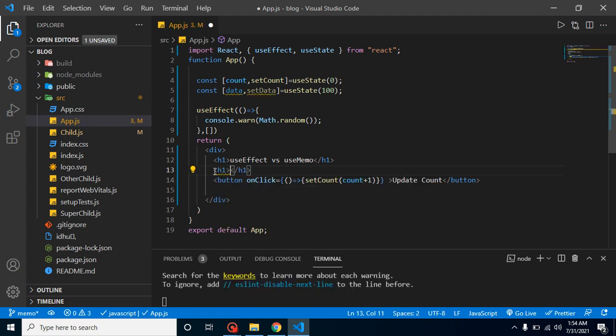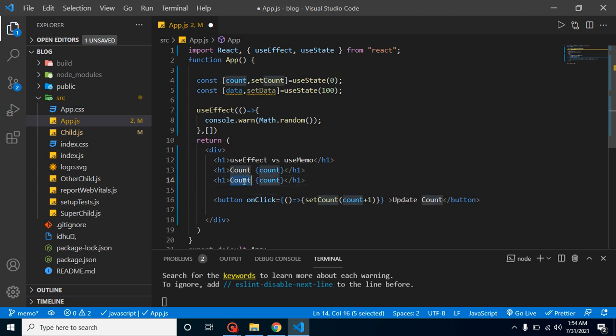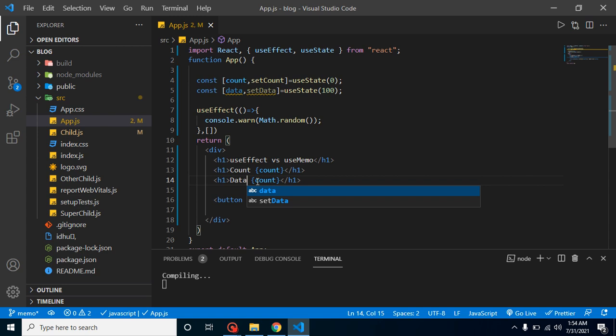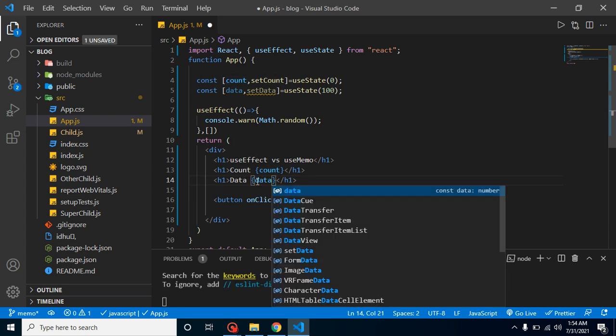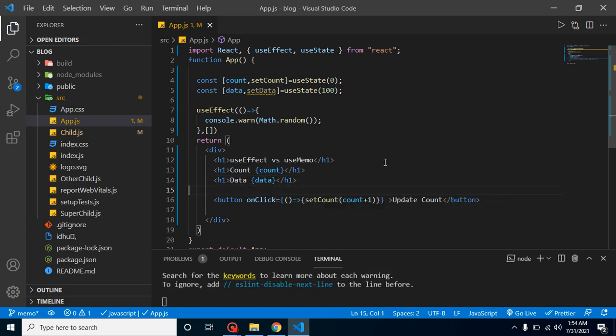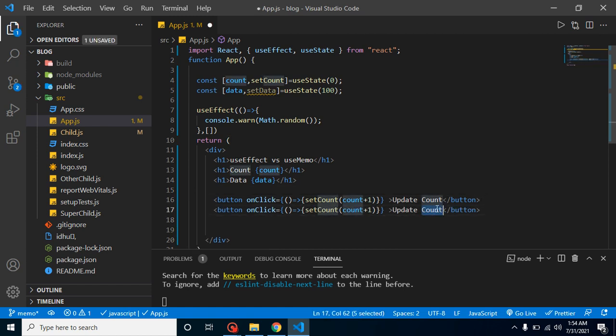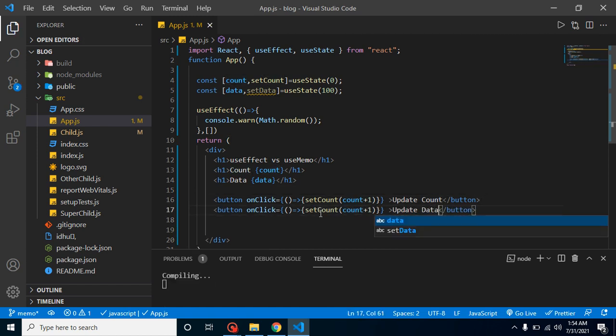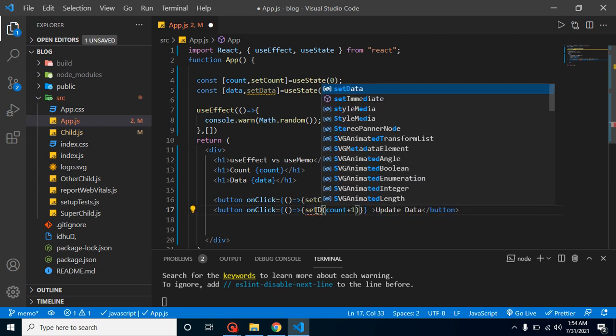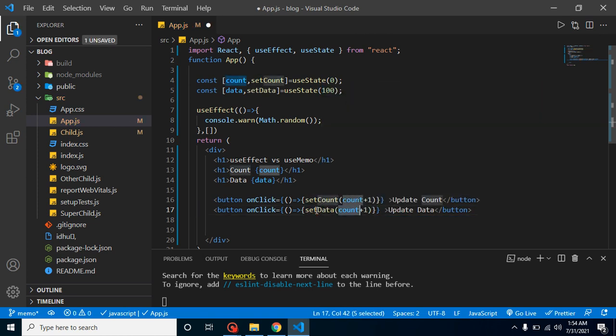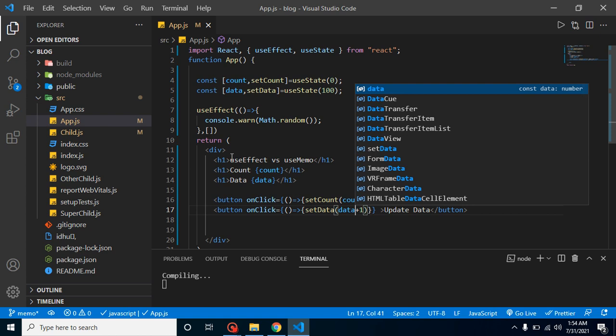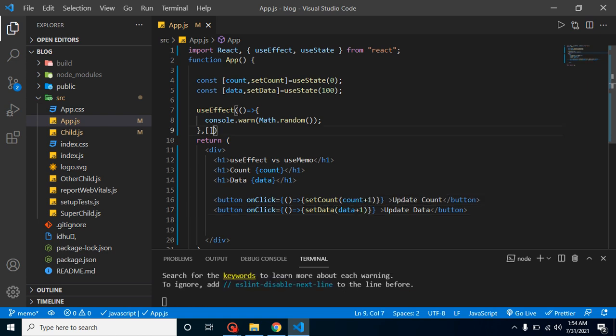We print count like this, and data like this. Great. And again we have one more click button so that we can update the data also. Let's setData, and we are updating like this, and we don't have any condition here, right?